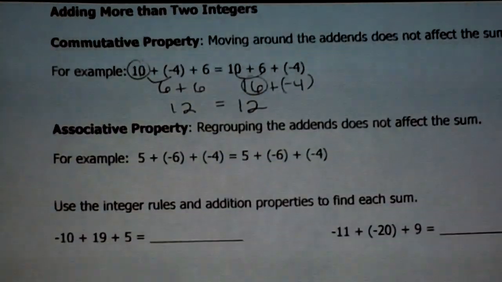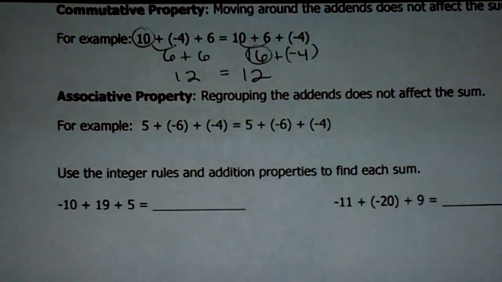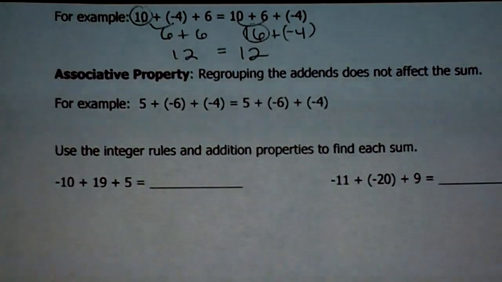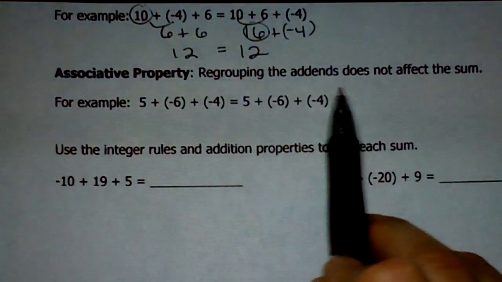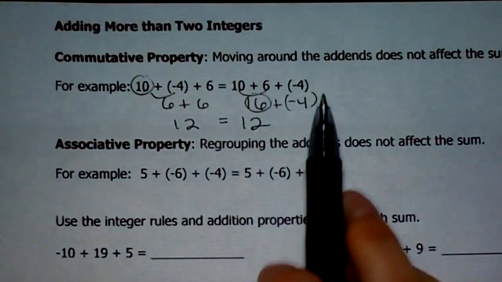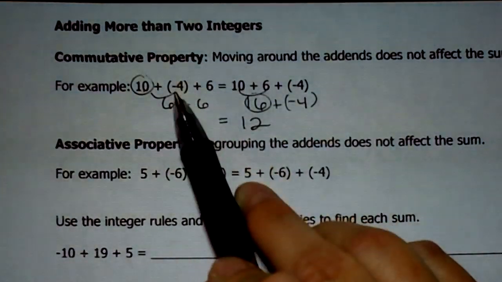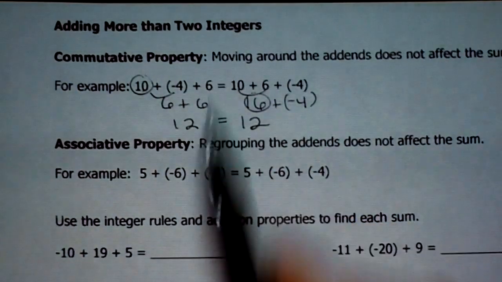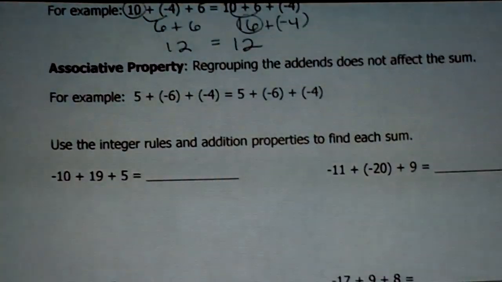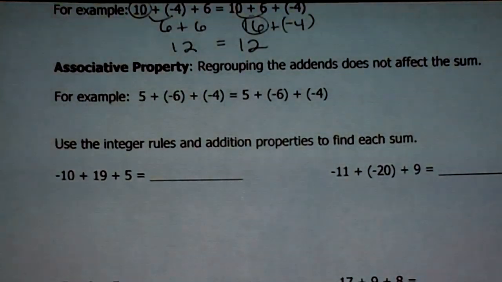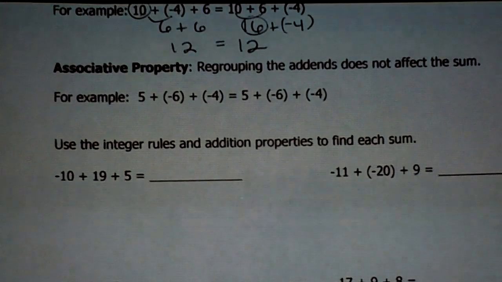The associative property is going to seem kind of like the exact same thing. It's a little bit different. It says that how you regroup the addends doesn't affect the sum. So in the commutative property, we actually moved this 6 over here, and we moved the negative 4. When you have the associative property, you're leaving them all where they are, but you're choosing to group them differently,